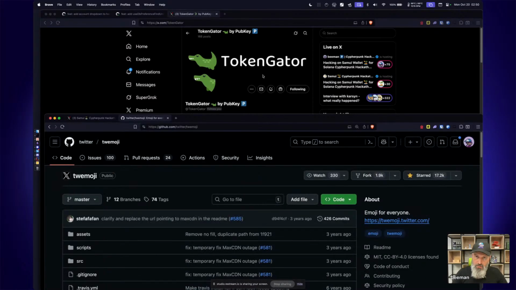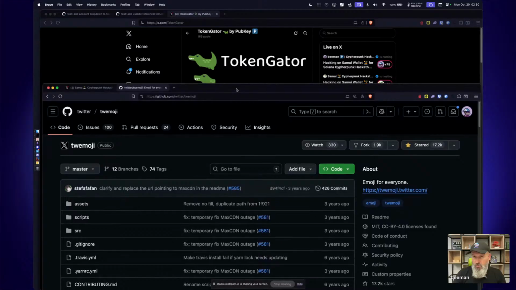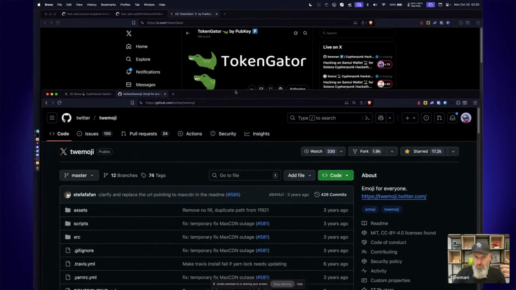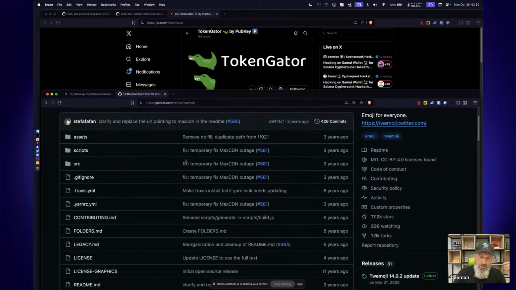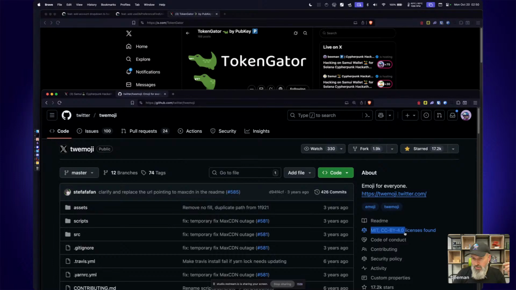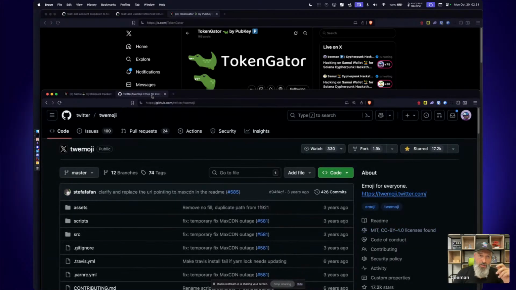And I have this one font that I like and use for PubKey, for Token Gator, and now for Samui. And I just make it as simple as possible. This way, it takes me about, well, maybe 10 to 15 minutes to brand a new project once I've decided on the name. Now, these things are MIT and Creative Commons licensed, and this means we can use them as a logo for